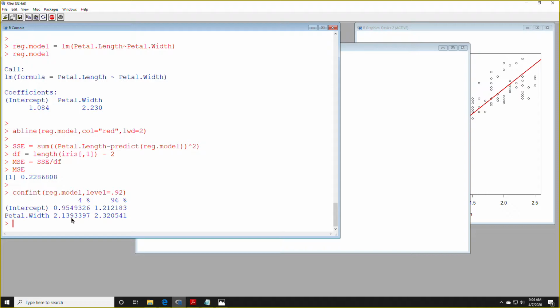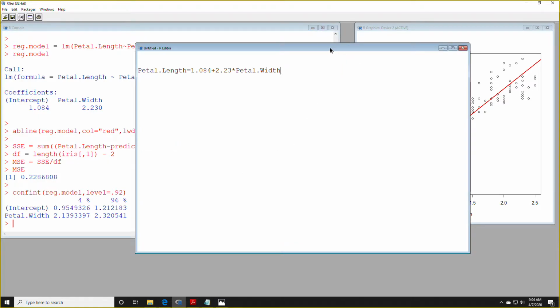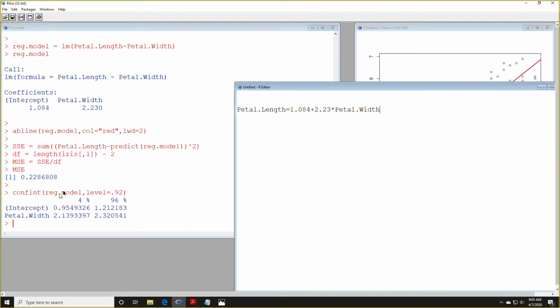Right, they're individual, they're not family-wise, kind of like the Tukey was, such that we were 90, 95, or in this case 92% confident of all of our confidence intervals. These are kind of individual, okay? So let's see if these have nice interpretations in this case. But anyway, we are